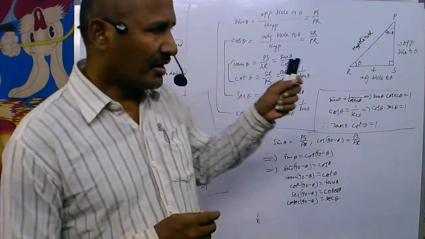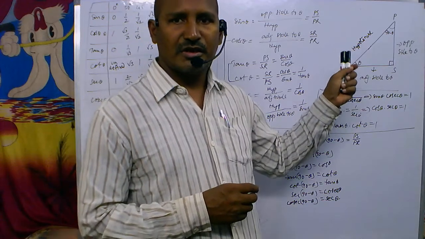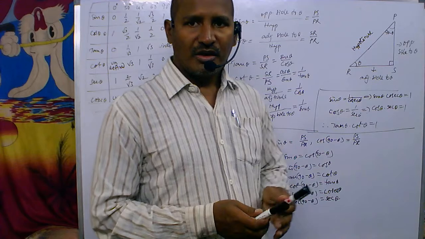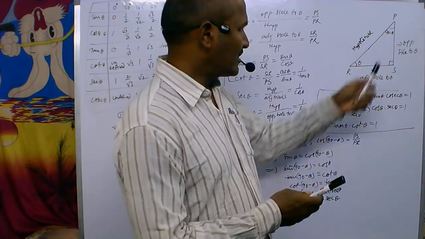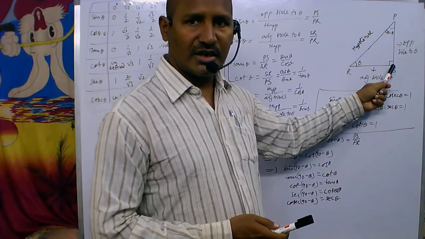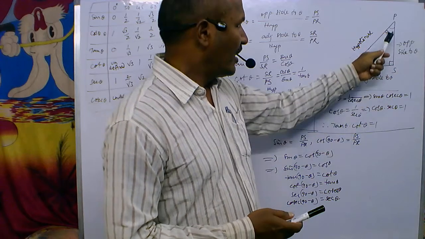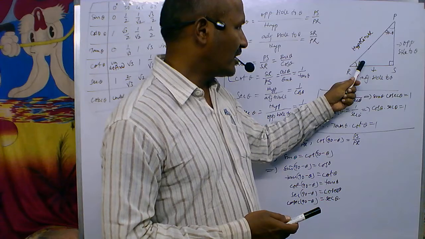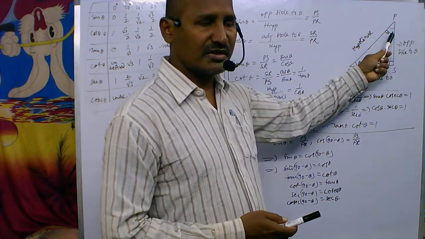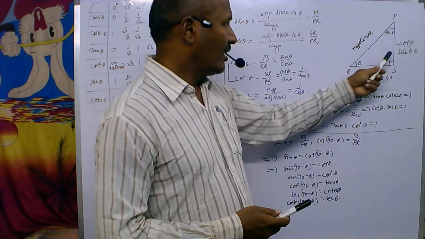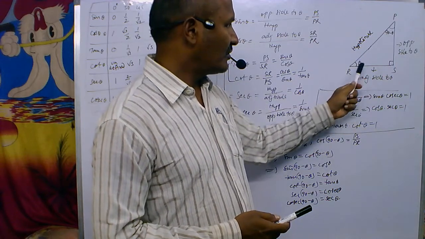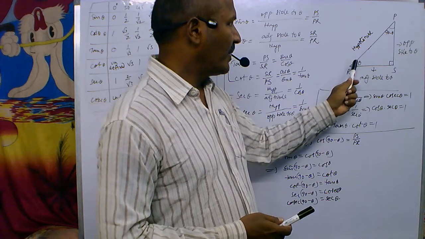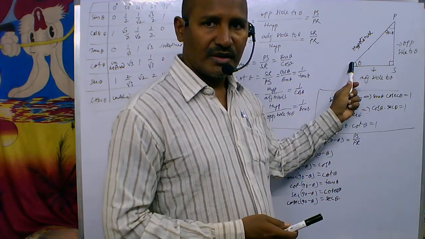So children, trigonometry is based on a circle and a right-angled triangle especially. If you take a right-angled triangle PSR, angle S is a right angle, that is 90 degrees. Angle P and angle R are complementary angles. Angle R is taken as theta and this will be 90 minus theta here. If you take theta, PS is the opposite side to theta, RS is the adjacent side to theta, and PR is the hypotenuse.